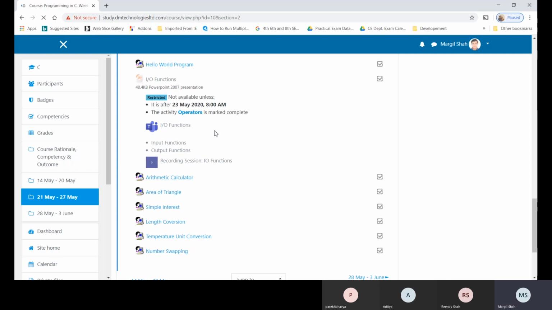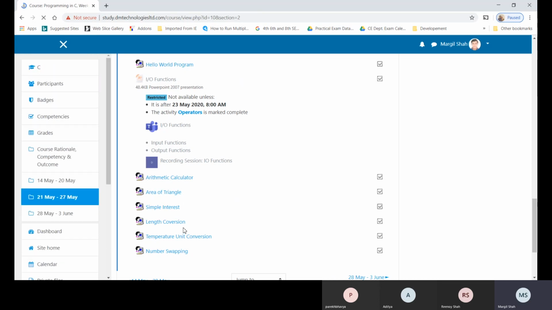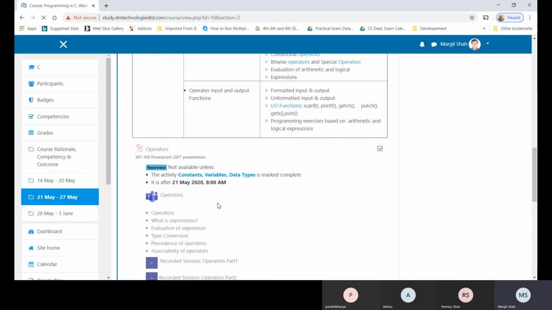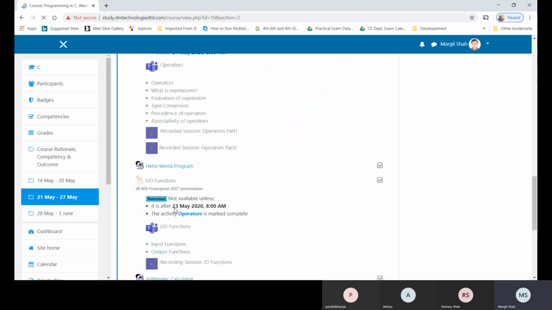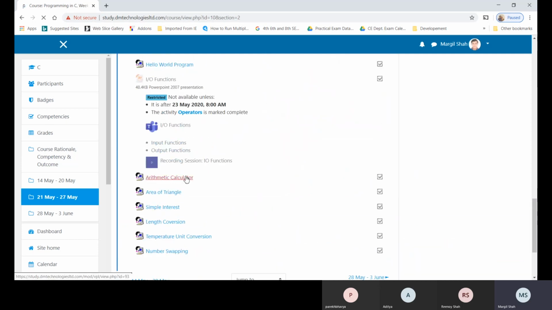I don't remember exactly, but it might be restricted that you cannot copy and paste. I don't remember whether the restriction is applied for each and every program, but believe me, you need to write it by yourself, and that is required. Also I put one QA session below here, so you can write your question there. If you find any kind of difficulty executing this code, you can raise your question, right?